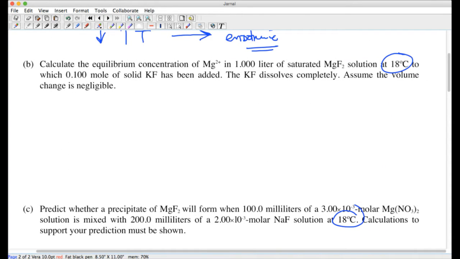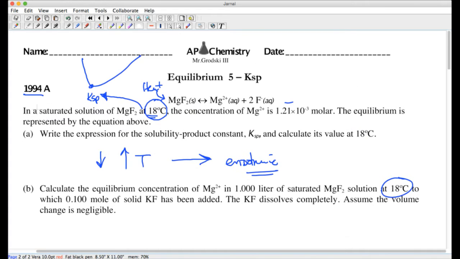Looking at B here, not this one. This is 5A or 5. This is 5. So if you're looking at 5, and a question like this, let me just set